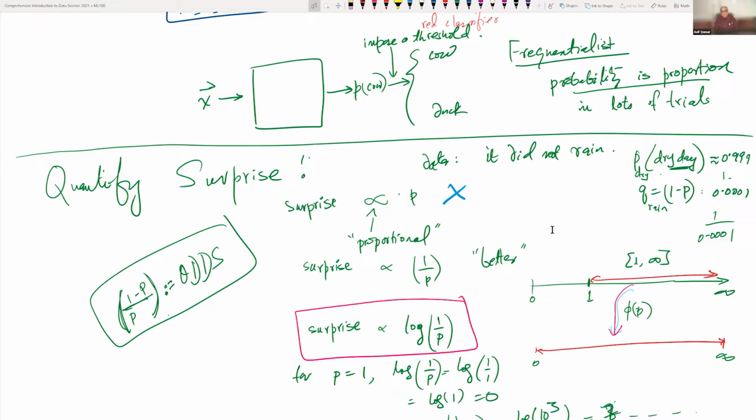So surprise is effectively the reciprocal of the probability. You put a log there, and when you do that, it ensures that events of no surprise have surprise values of zero. Where there is certainty, there is no surprise, and no surprise means zero. Surprise should evaluate to zero. So log 1/p, therefore, is a good measure of surprise. With that notion,